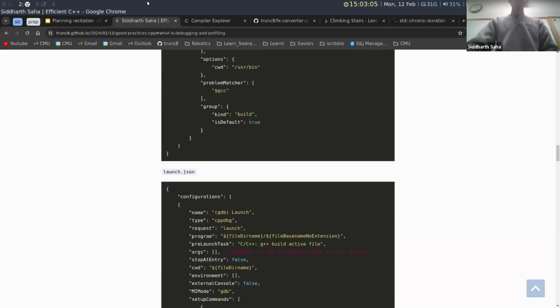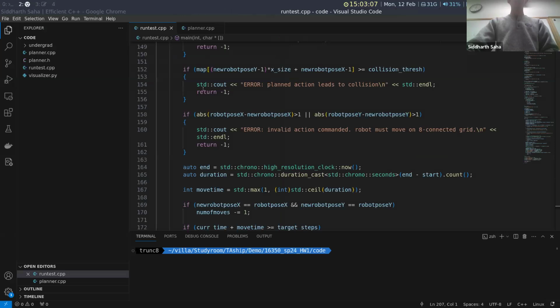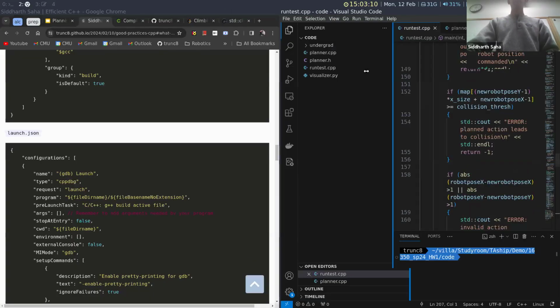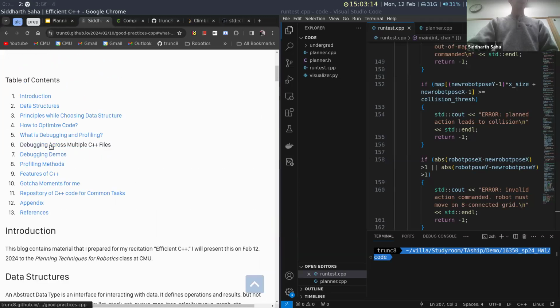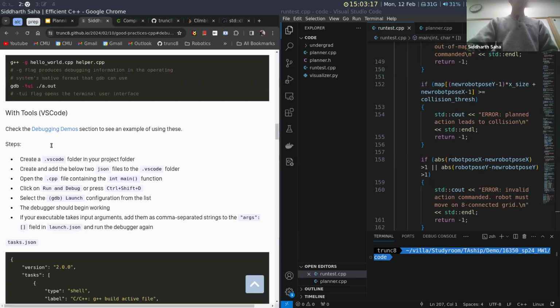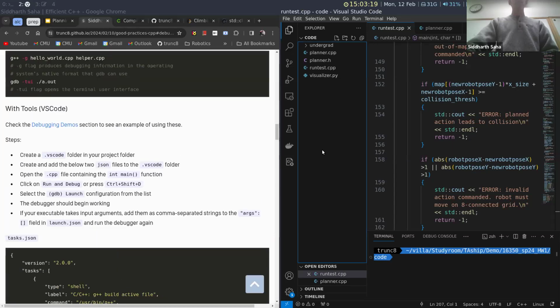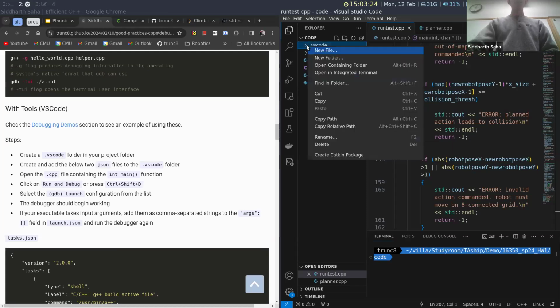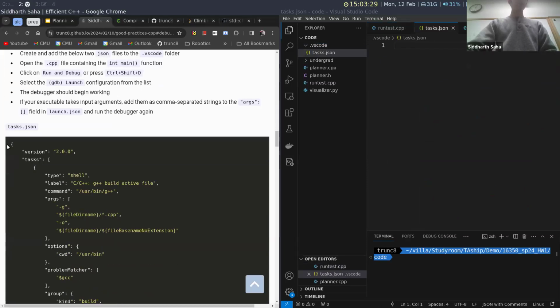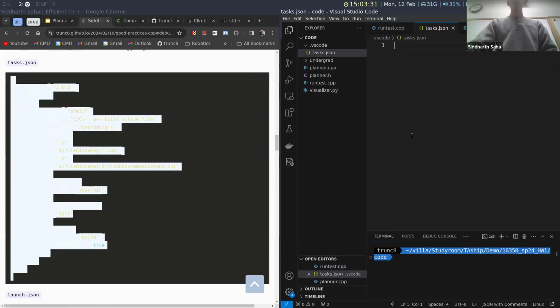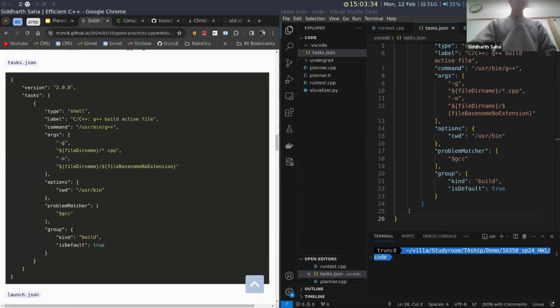Referring to this, just follow the steps over here. So I'm going to create a VS Code folder and two files inside it. It's going to be tasks.json, and I put the code inside it. But the tasks.json has a label which we'll be using in the other file, and an output file which we'll also be using in the other file,